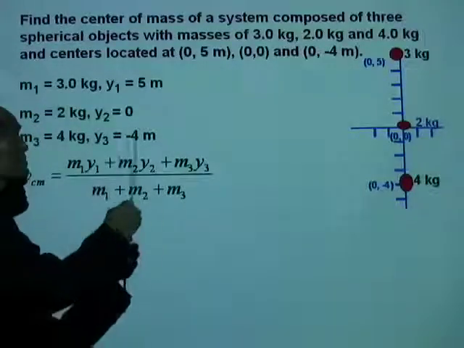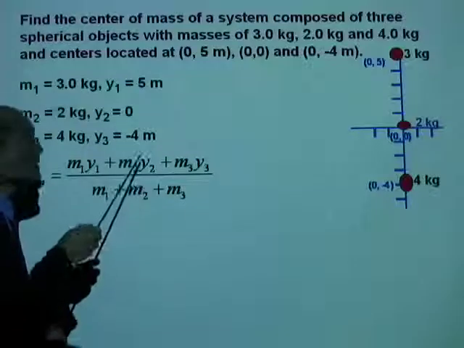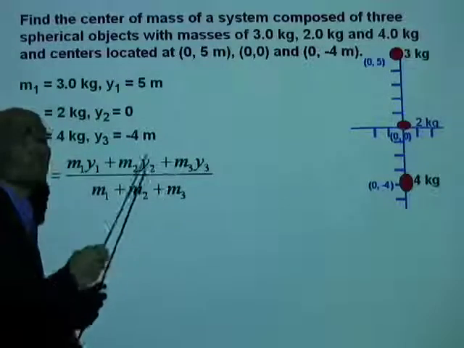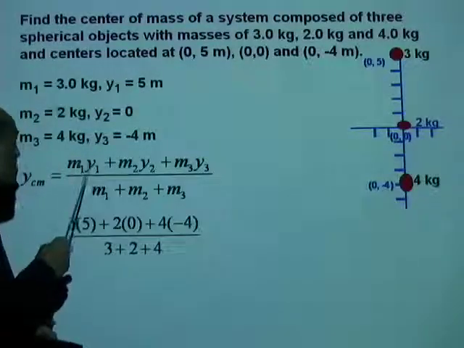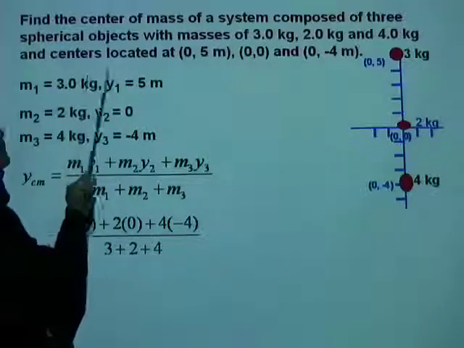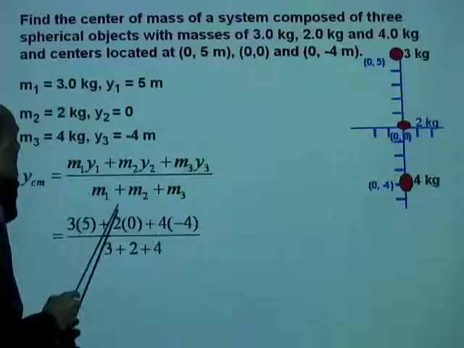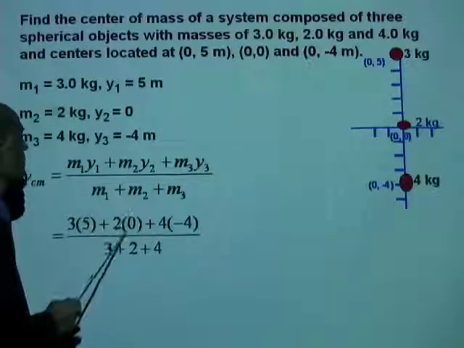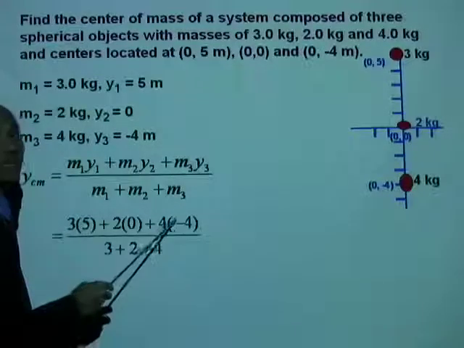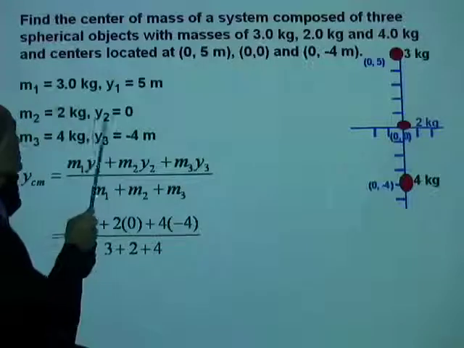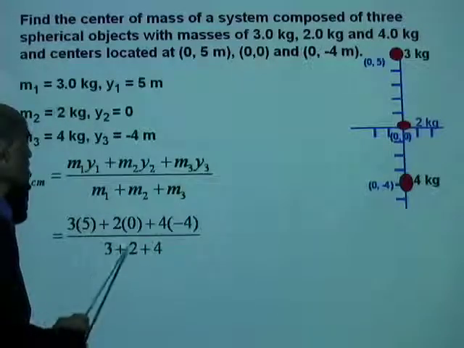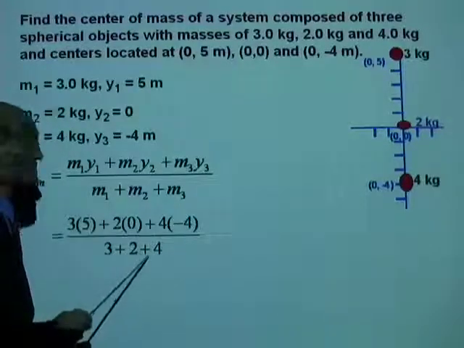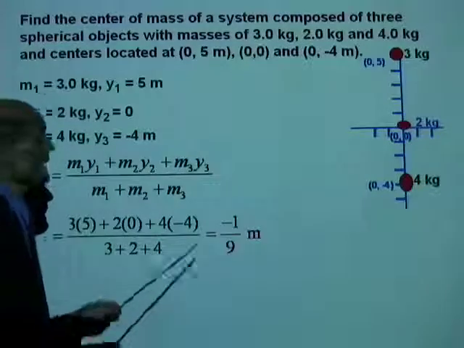All we need to do is replace these by their values. So M1 Y1 is 3 times 5 plus M2 Y2 is 2 times 0 plus M3 Y3 is 4 times -4 over M1 plus M2 plus M3, and that is